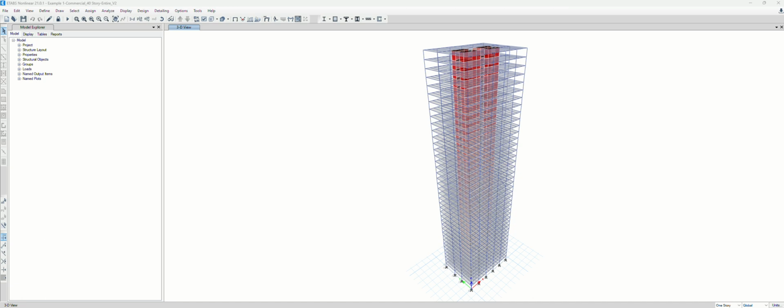So what you see now, I assume that all the teams have completed your 3D model analysis, which includes a column design and a lateral system design to meet the lateral drift for the service wind load, which is 0.6 times your ultimate wind load. So you're going to check the deflection due to the service wind load, X direction, Y direction. And both the building drift should be less than H over 500, which is based upon our building floor height and